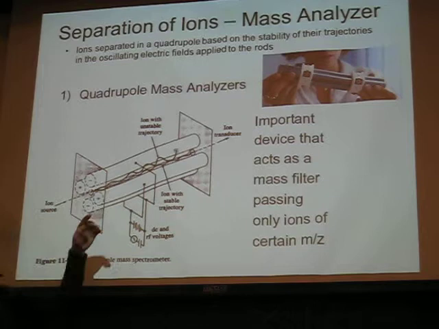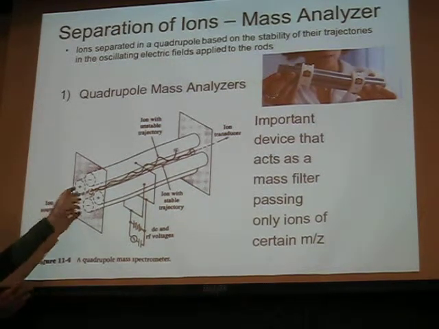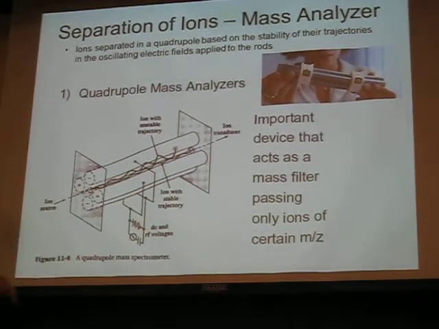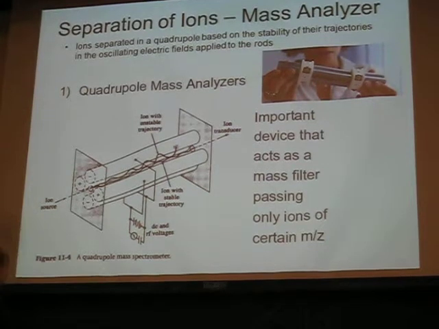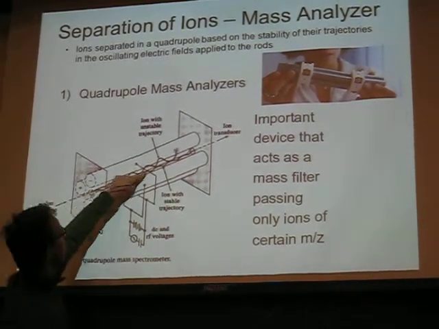And the ones that we're selecting against, based on the RF and the electrical potential on these poles, will bounce into the side of the pole and never make it out of the mass analyzer. We're going to measure it from one of them. And the ones that we are selecting for, because of how we set the settings on this quadrupole, travel through